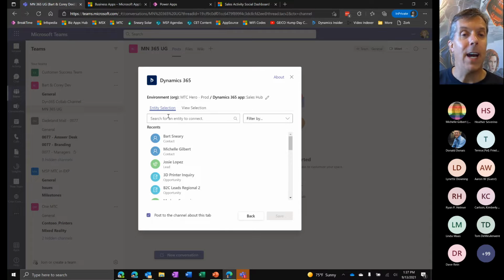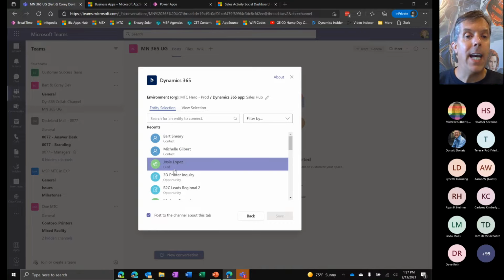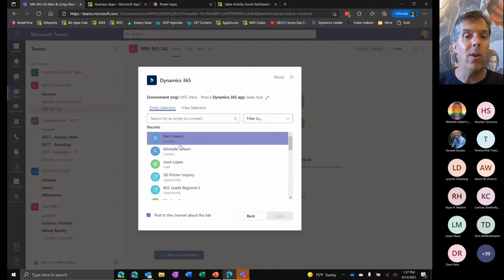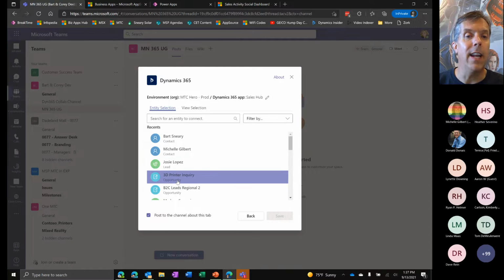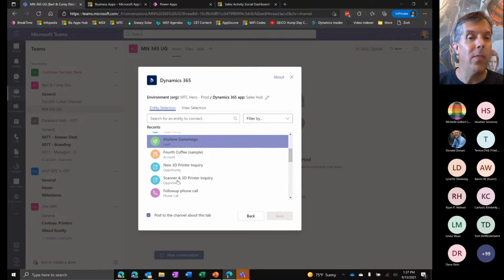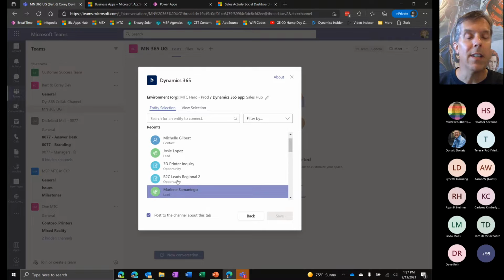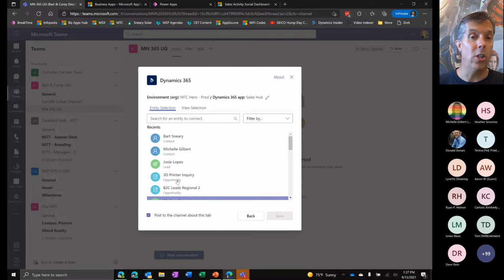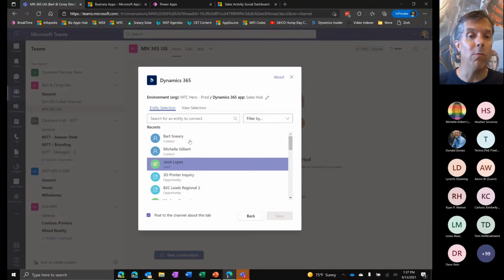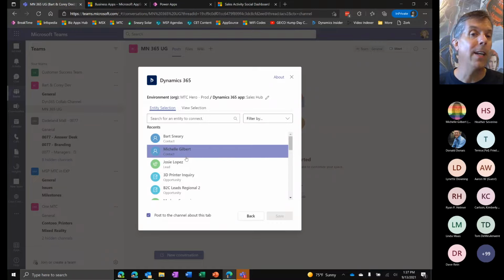And once I've decided, then I want to surface something. I've got two different ways I can surface data. I can surface data about a data object, a contact, a lead, an opportunity. I've got a few different things from recent items I have clicked on that just show up here. So it's nice that my recently used items are there. I can also search and filter and do all kinds of other things to pick the appropriate data object to expose.